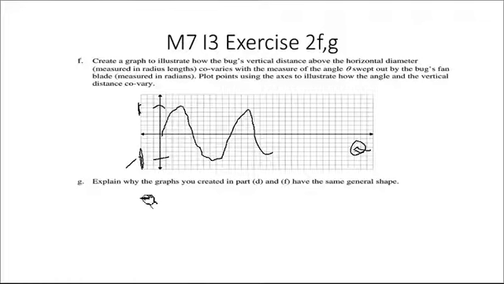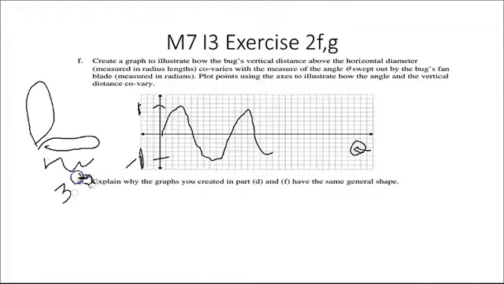Alright, so in part G we're asked to explain why the graphs we created in D and in F. Recall that in part D we had a graph that had a maximum height of 3.9 and a minimum height of negative 3.9, that being because the fan blade length was 3.9. And now they're asking us to explain why what we saw in part D, where we had this kind of graph, looked very similar. What was the difference? What was the contrast? Well, the contrast was, well, it was still one radius length,